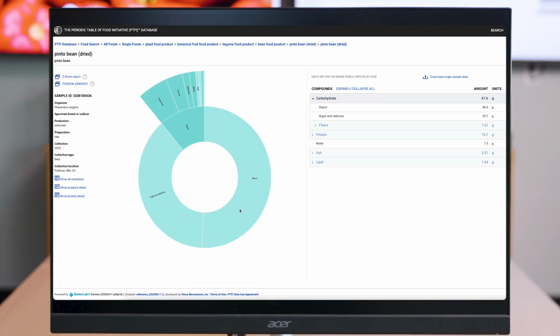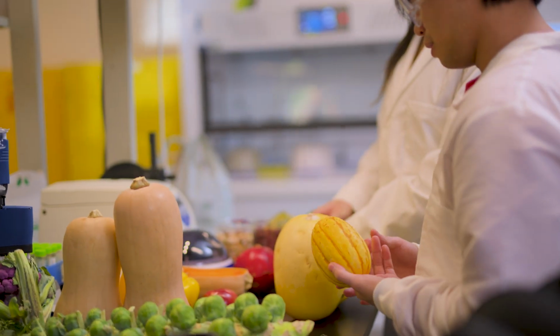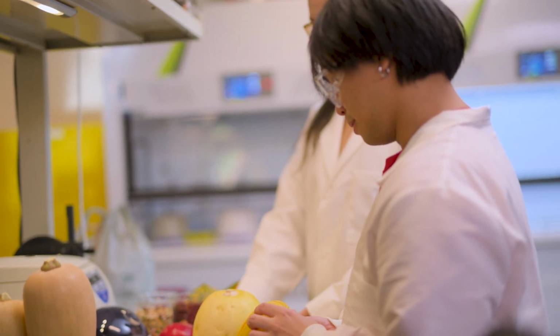Knowing the exact carbohydrates present enables the design of foods with specific health benefits, such as prebiotic formulations that selectively stimulate beneficial gut microbes,